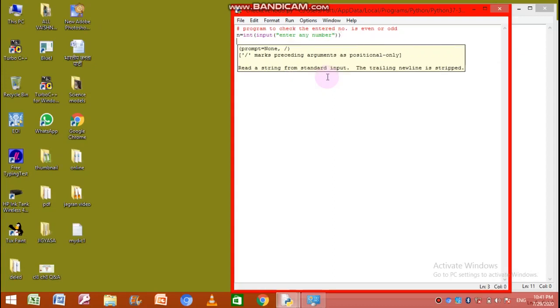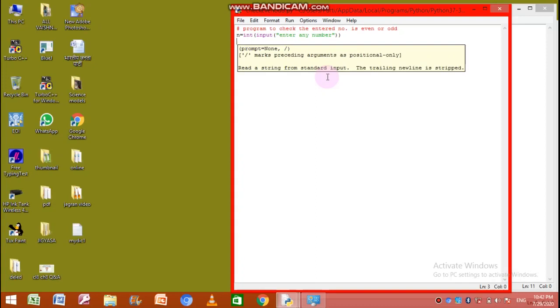So now the input of a number is being taken from the user. Now how will the computer decide whether the entered number is even or odd? The computer will first divide the number by 2 and check whether the remainder is equal to 0 or not.